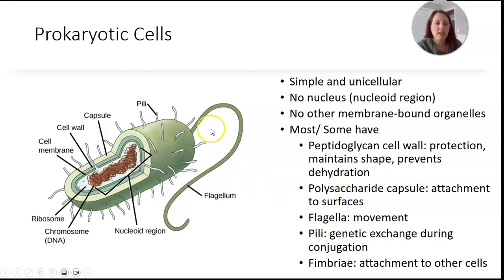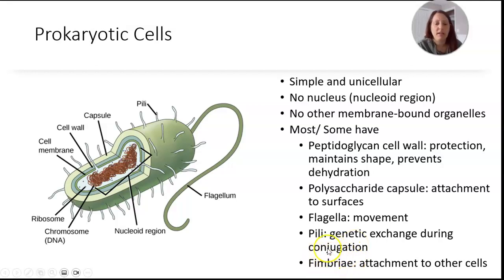Some will have flagella, so you can see the single flagellum. Some will have more than one. This is a whip-like tail that's used in movement. Some will have pili. Pili are going to have actually multiple functions. They will help in attachment, adherence to surfaces or other organisms. But most importantly, pili are involved in exchange of genetic information during conjugation. And again, that's a process that we'll briefly talk about in a later chapter.